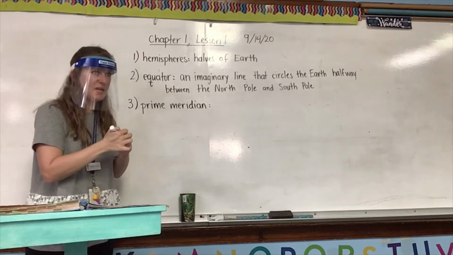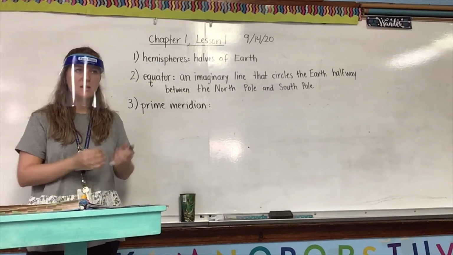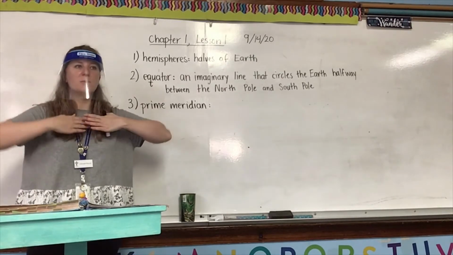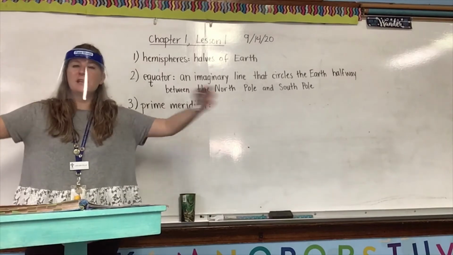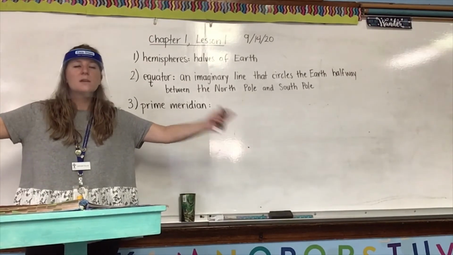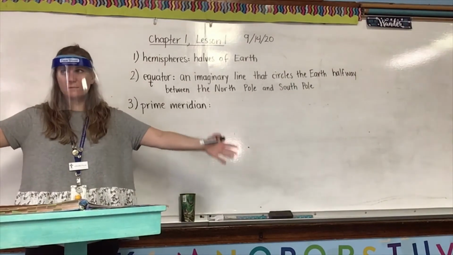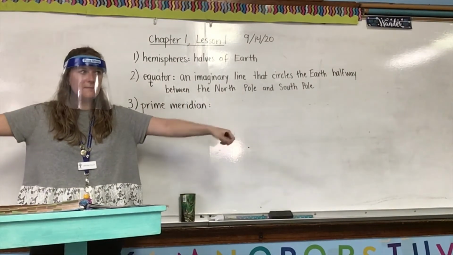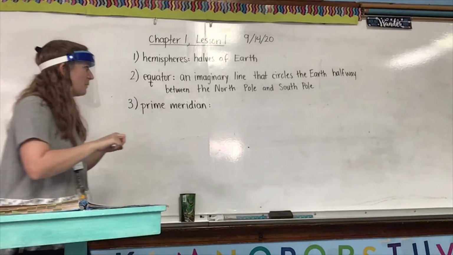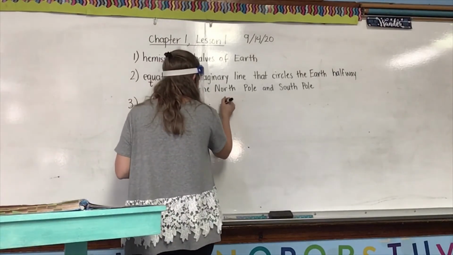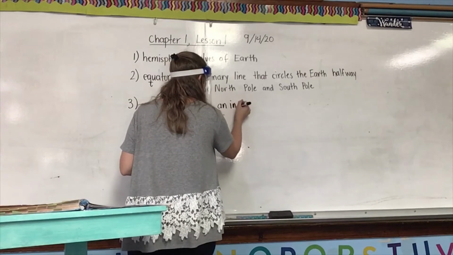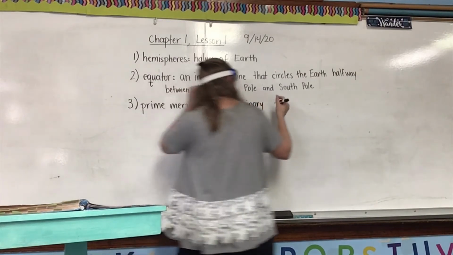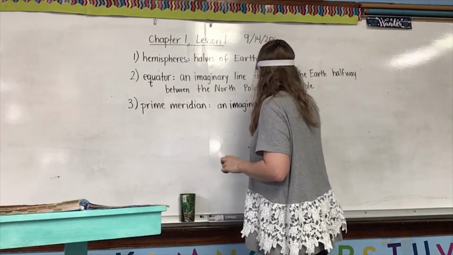Now we're all going to say that together. I will start, you will repeat after me. Prime meridian. Prime meridian. One more time. Prime meridian. All together. Prime meridian. Okay. And Zadie, the prime meridian is an imaginary line that does what? Divides Earth into the western and eastern hemispheres. Good. An imaginary line that divides Earth into